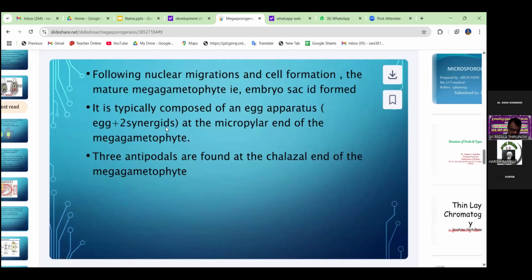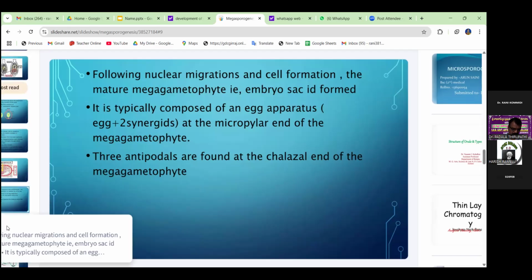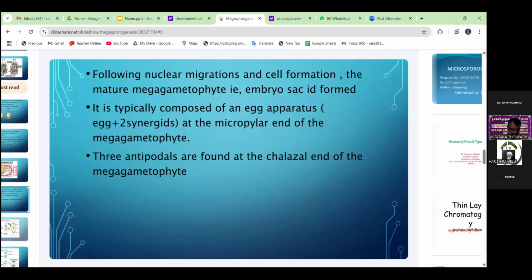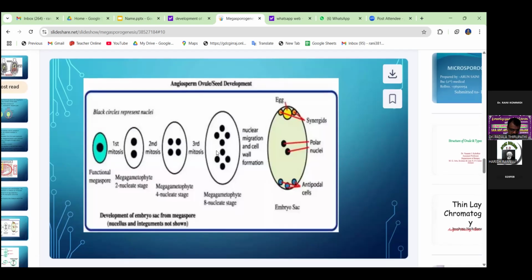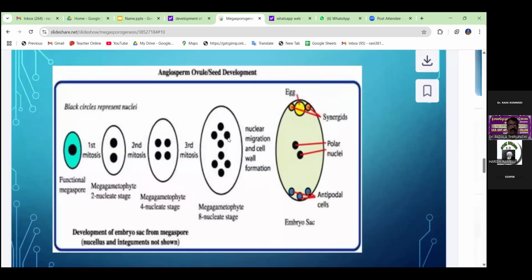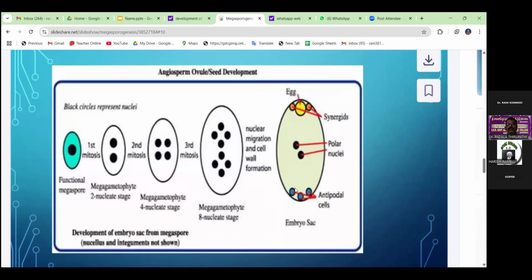That means the embryo sac is formed in the center. It is typically composed of an egg apparatus, the egg plus 2 synergids, at the micropylar end. This is the angiosperm ovule and seed development. In the seed development,